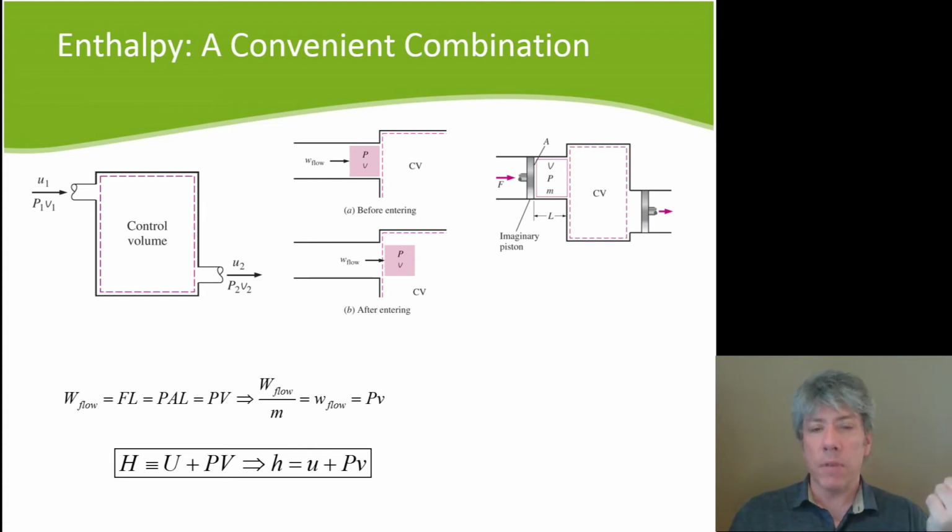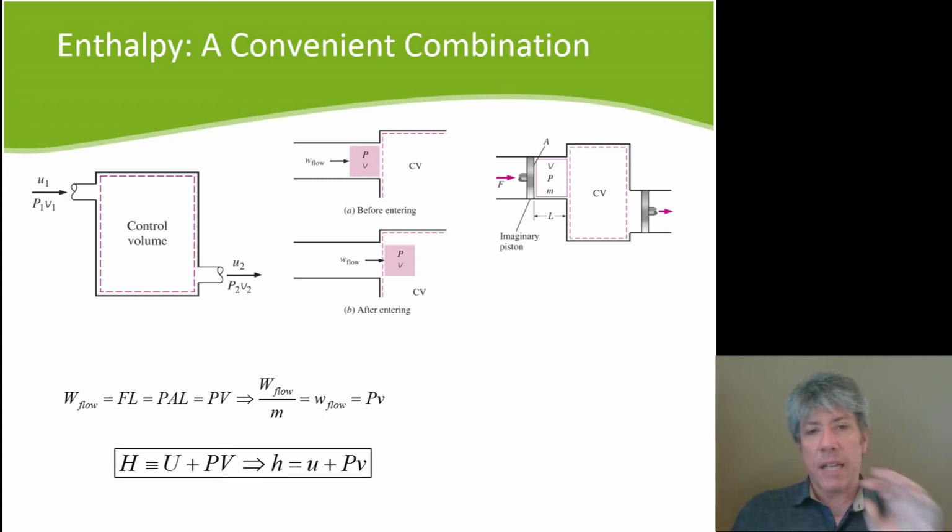We'll have a volume V, a pressure P, a certain amount of mass M. I don't know how much mass there is. It doesn't matter. It depends on how big of a packet we take. Let's just make this up as we go. Why not? And then the length that we have to push it in, of course, is related to the volume and the mass and the density and so forth. But we're going to have to push this packet a certain length in order to get it into the control